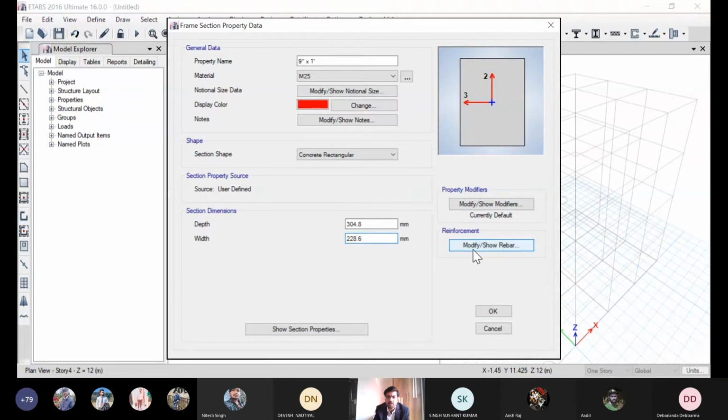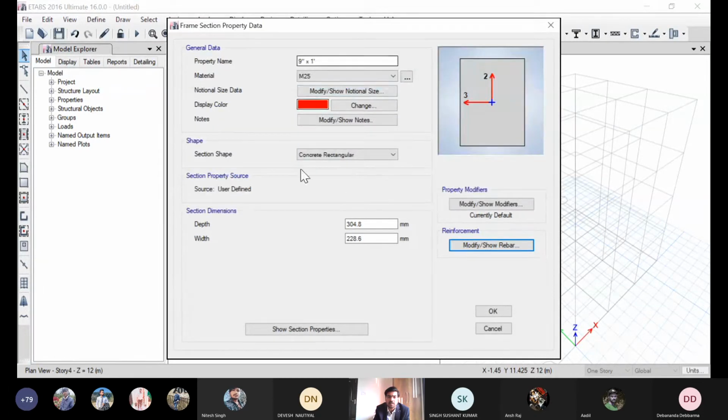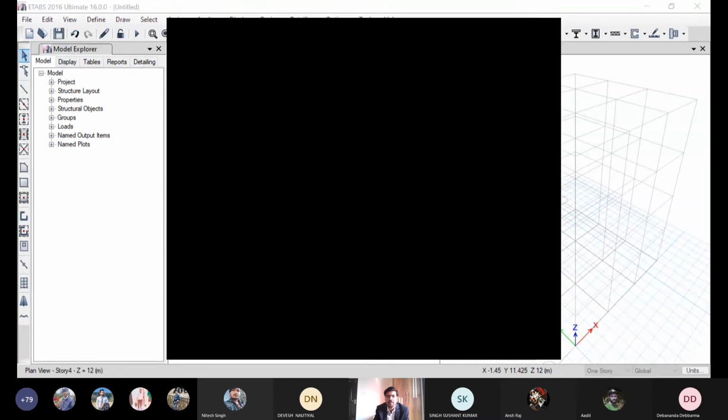We need to see what the reinforcement is going to do. So it is going to design. Now everything is okay. The grade, this is what grade of steel we modified. Rebar material it is asking. So these are the parameters for beam. We have added a beam.